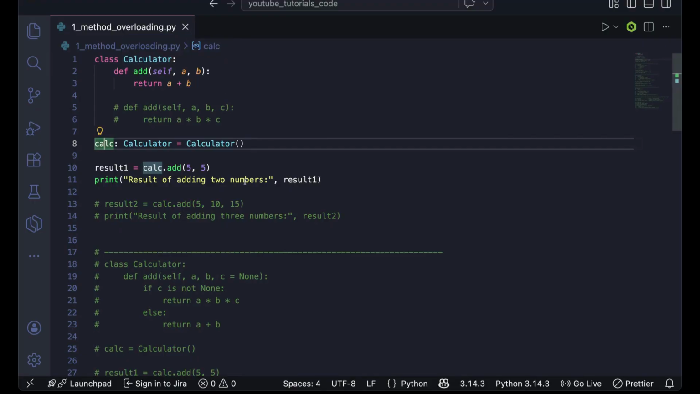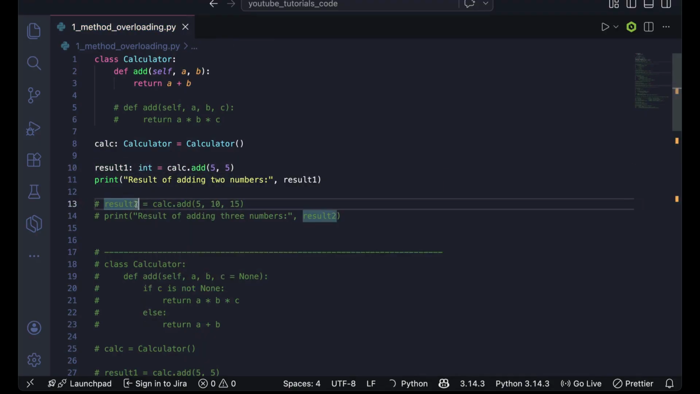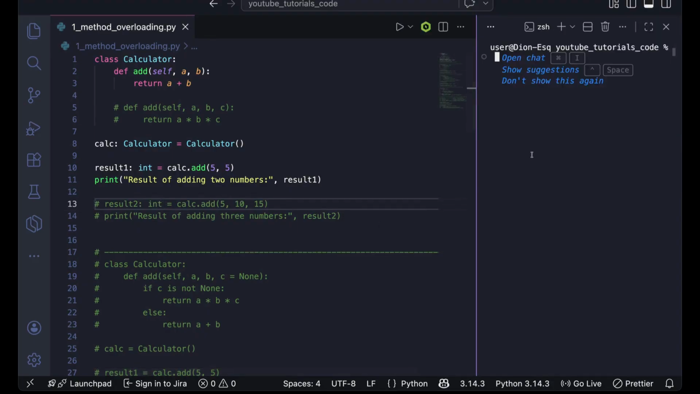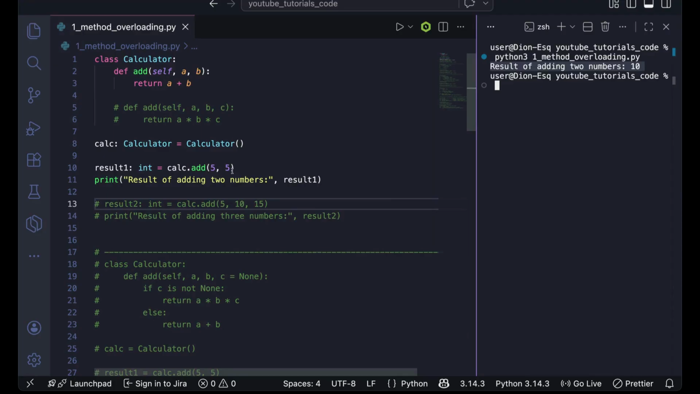Now I'm assuring you that there is nothing wrong with what the output is going to look like, for now. If I just execute this, it's going to tell us that the result of adding two numbers is 10. We are sending a is 5 and b is 5, receiving right here. There is nothing wrong with what's happening till now. Now say if I uncomment this,